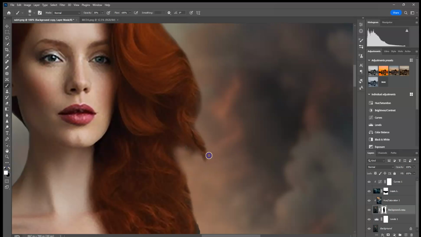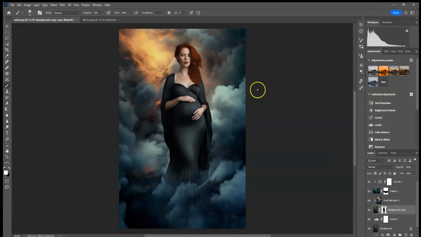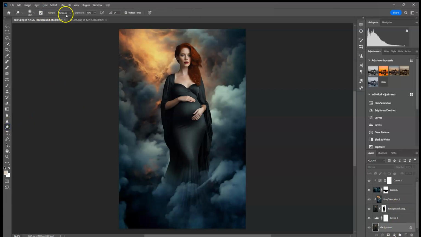But I would go back and forth with brushing on and brushing off her hair, different opacities, different size brushes, until it looks flowy enough to my liking. And then I would brighten her up just a little bit in certain areas. So I'm going to click on this bottom layer down here. I'm just going to use my dodge tool real quick on midtones, and I'm just going to add some highlights